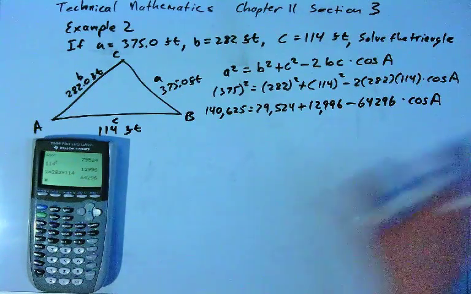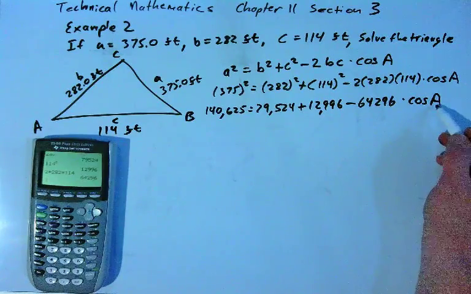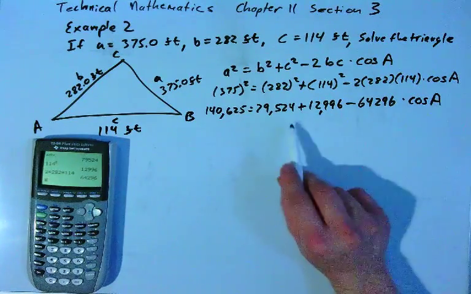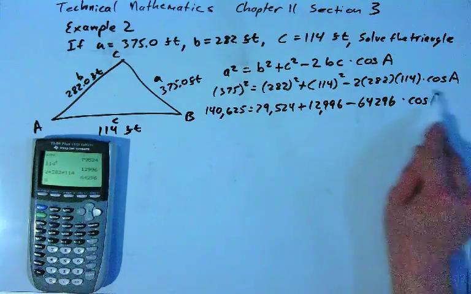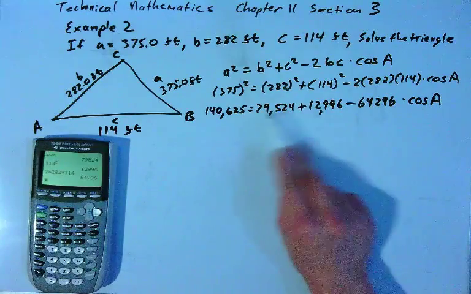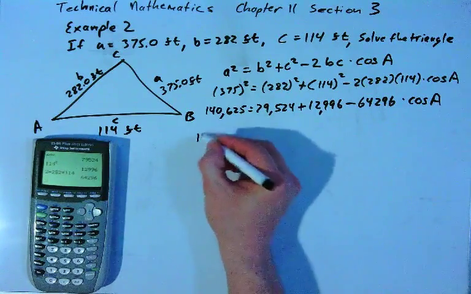And so what I want to do now is, my goal is to get the A by itself, right? I want to solve for A. I can go ahead and combine these like terms. This is not a like term though, it has a cosine A in it. And so I can only add these two together. I'll go ahead and do that first. I'll leave this as